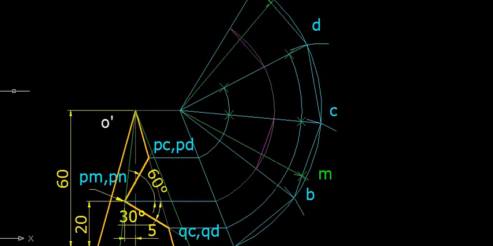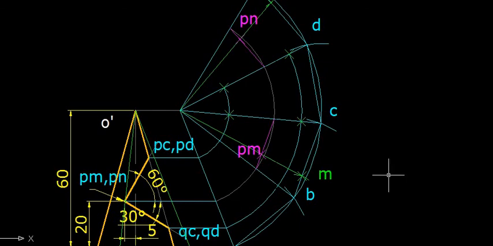After marking these pink lines, you can visualize that here this point of intersection of this green line and pink line is the point PM. I will mark it by this color, and name this point also. So here this point I am naming as PM, and this point is the PN.